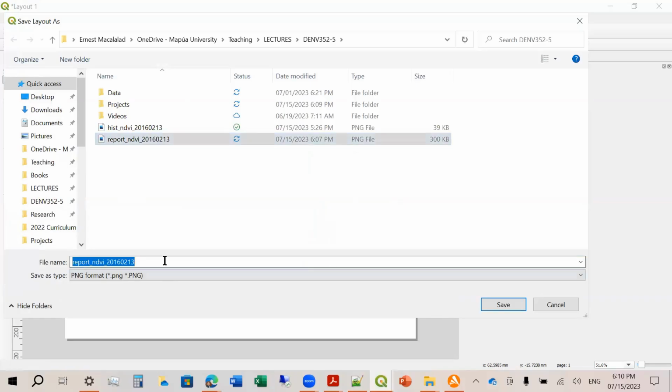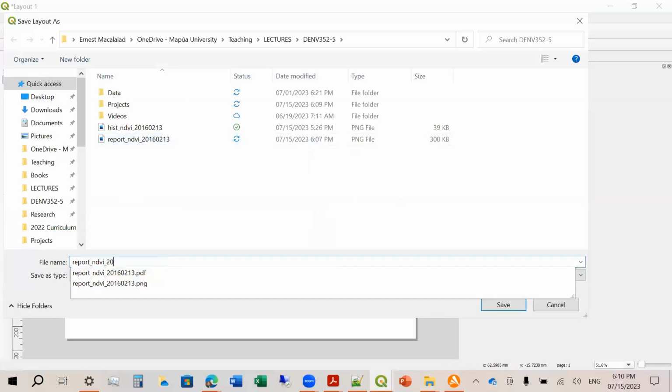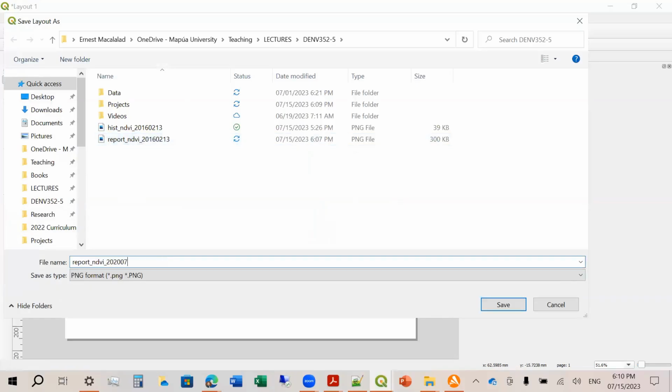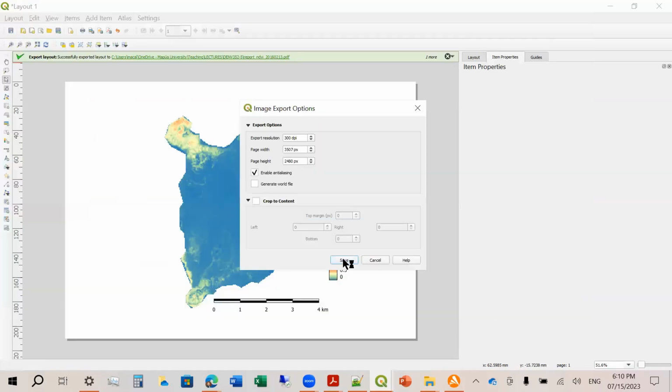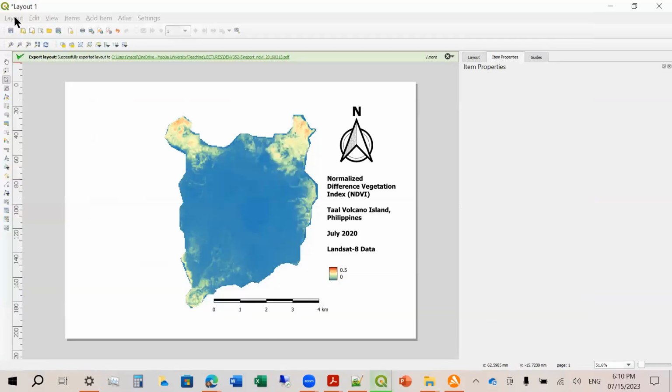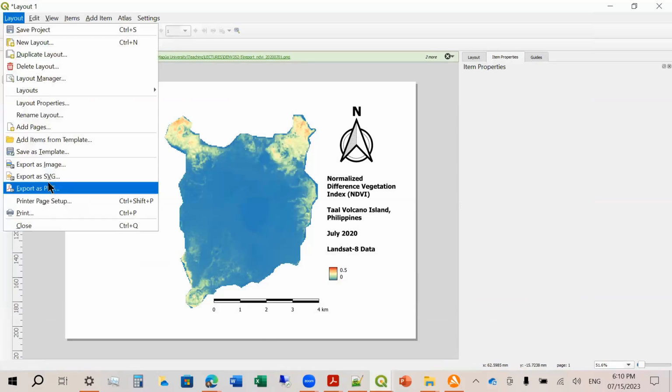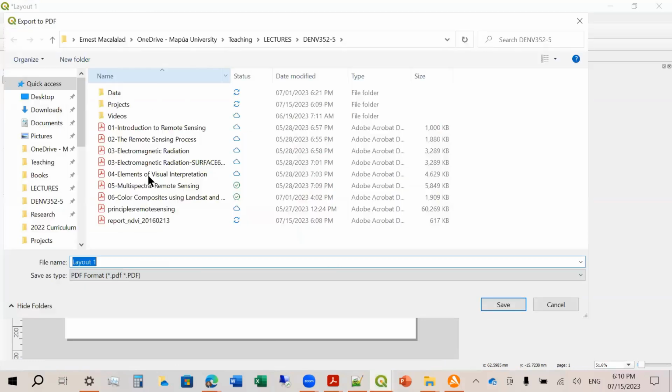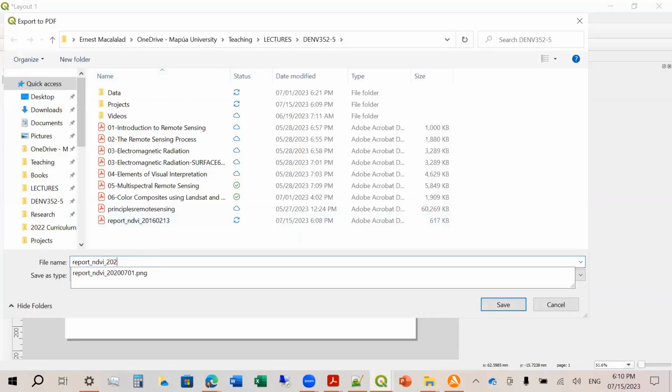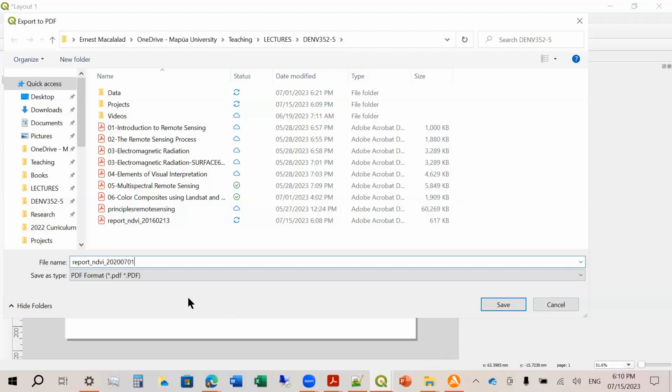So this is 2020 0701. Save. Or you can export this as PDF. So this is 2020 0701 PDF.